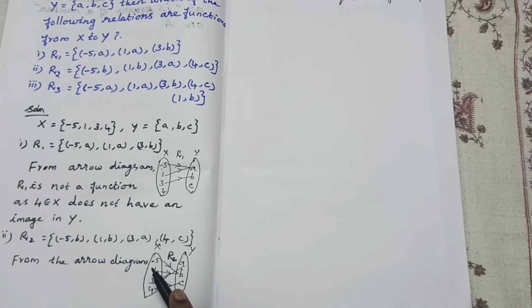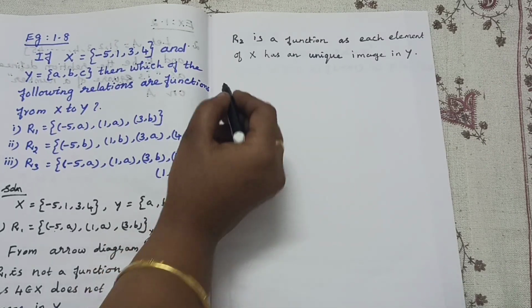Okay. Here minus 5 and B, 1 and B. Then each element of X has a unique image, a different image in Y. Okay. Each element of X has a unique image, a different image in Y. So it is a function. Yes, R2 is a function. Okay. And the third subdivision is,